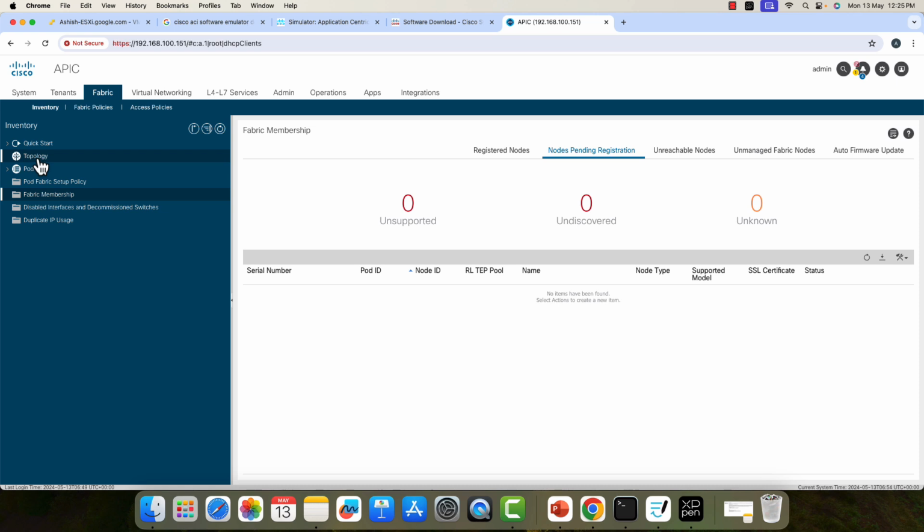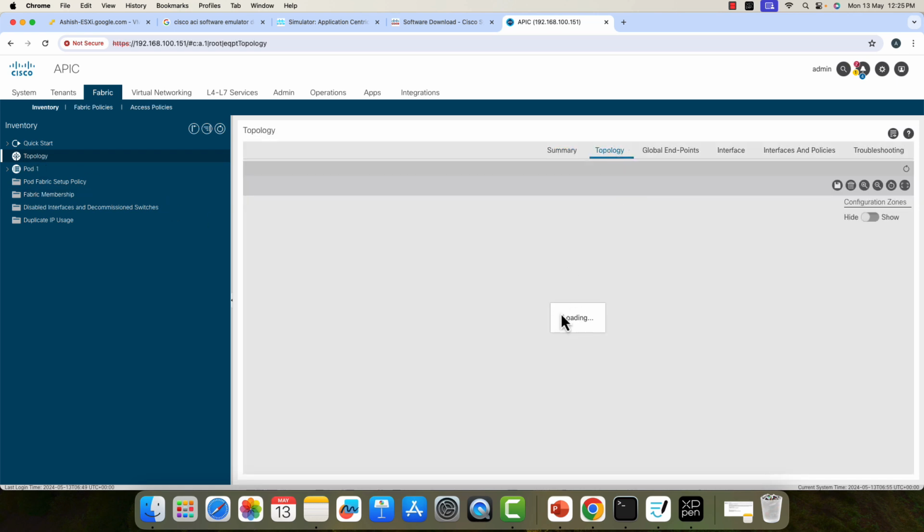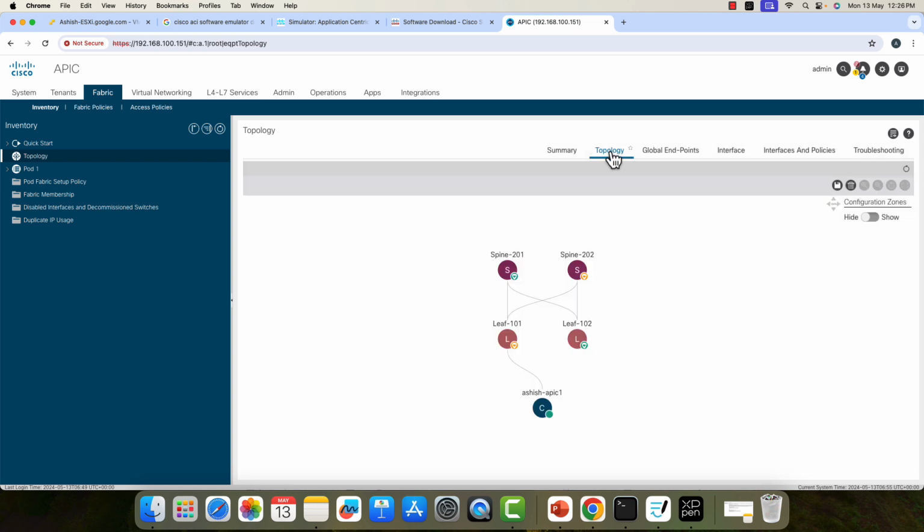Click on Topology and go to the topology section. You will see a beautiful topology featured here. It is taking time, don't worry about it. Yeah, so you can see 2 spines, 2 leaves, and 1 APIC controller. And once you click on this APIC,